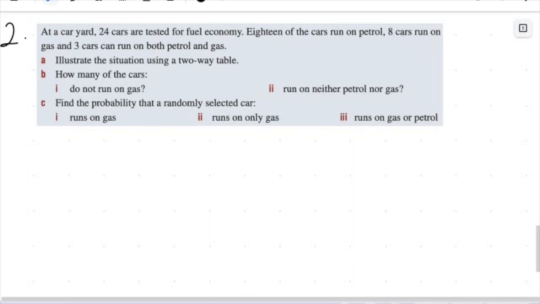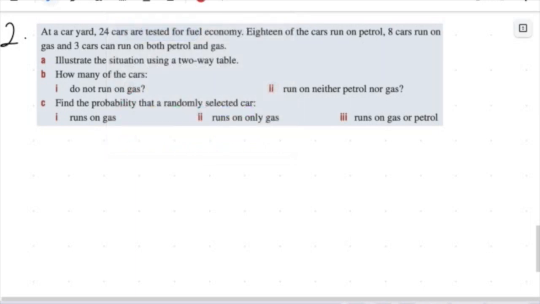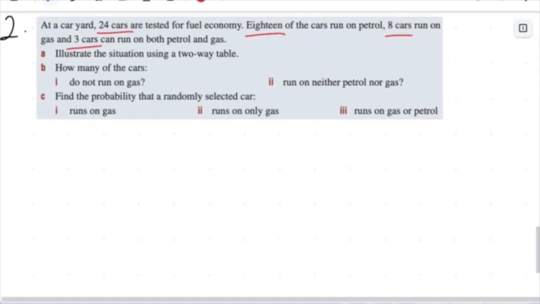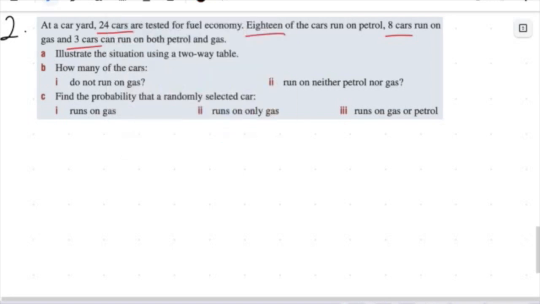At a car yard, 24 cars are tested for fuel economy. So let's underline all the important bits too. So 24 cars in total are tested. 18 of the cars run on petrol, 8 cars run on gas, and 3 cars run on both petrol and gas. So, in designing a two-way table, we want to